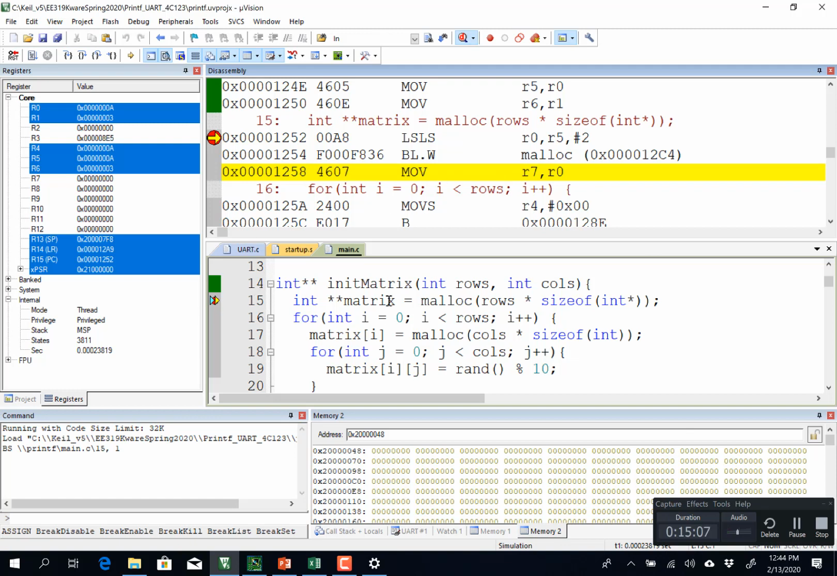Local or global? Local. Where is it? Look at the yellow line. No, it's not in R0. It's in R7. R0 is what? The return parameter in the ARM architecture procedure call standard. Okay, so R7 is matrix. All right, so I'm going to execute step over because I don't want to go through